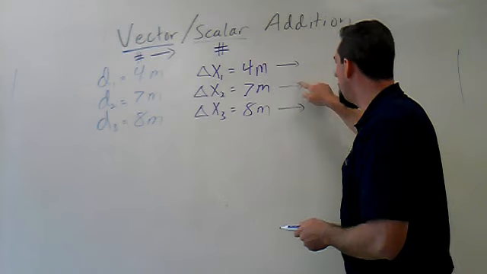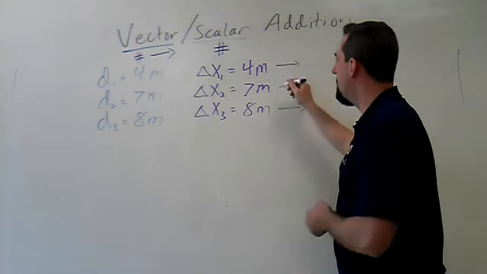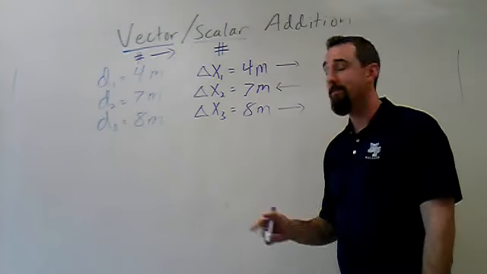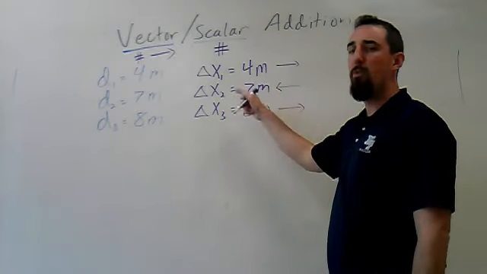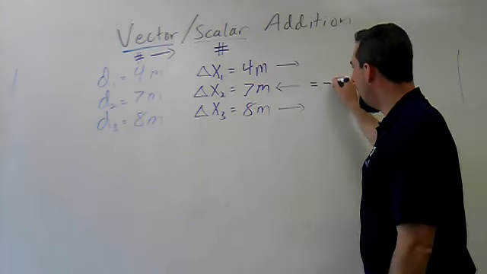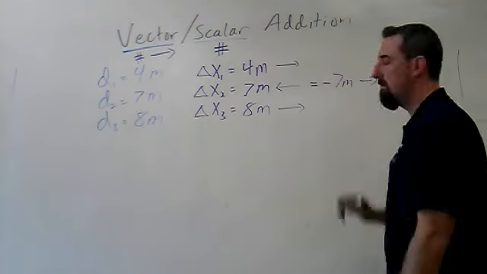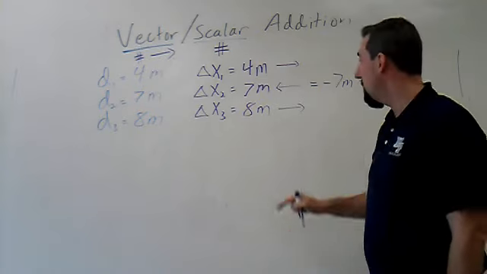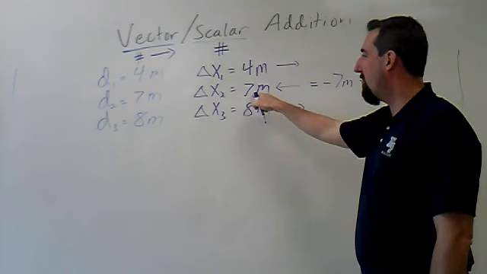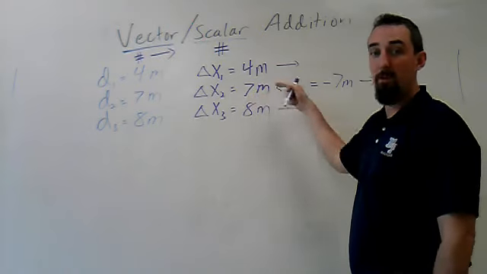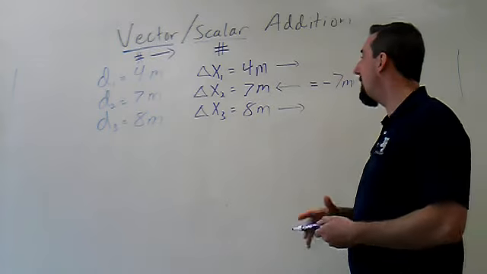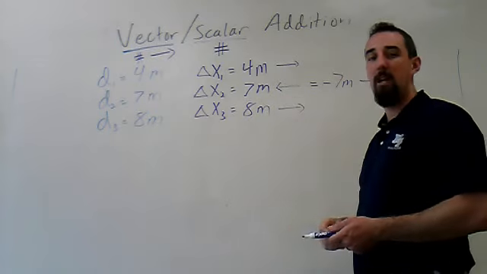But what happens if instead of going 7 meters east, I went 7 meters west? Now we get a problem. Because isn't 7 meters west kind of the same thing as negative 7 meters east? Well, if so, what I can do is subtract these. The problem is, I can still write this as 7 meters to the west. I don't necessarily have to put the negative sign. So we have to have a good way of figuring out how to make sure we add or subtract at